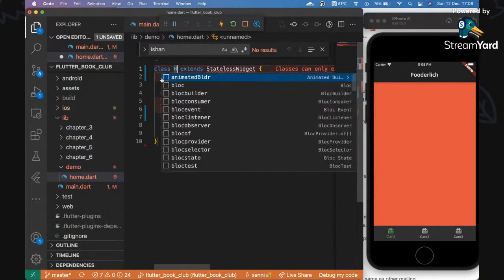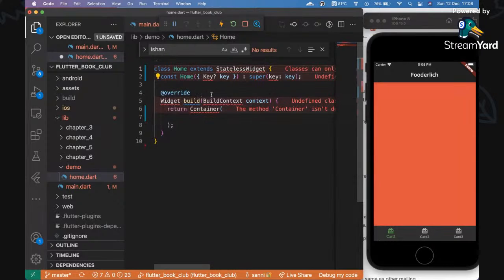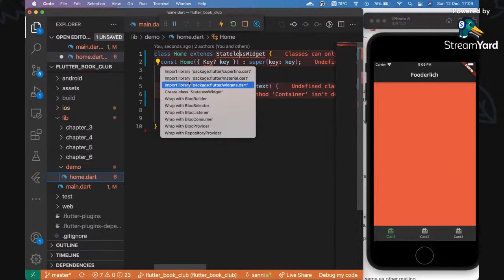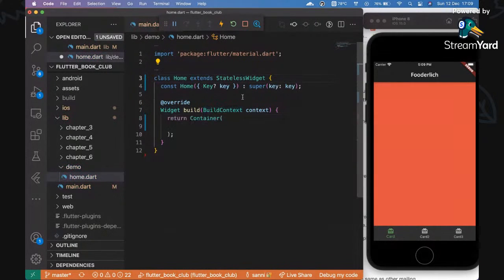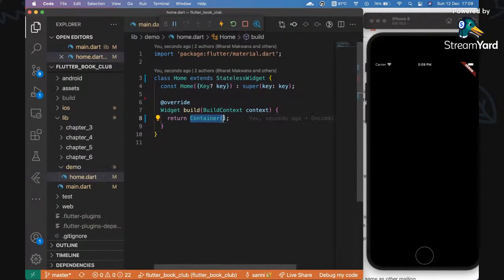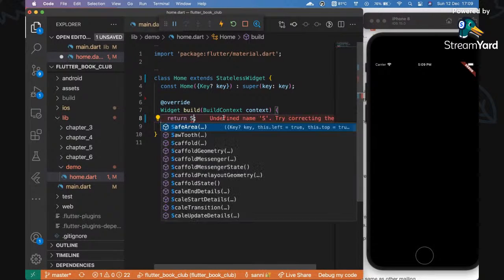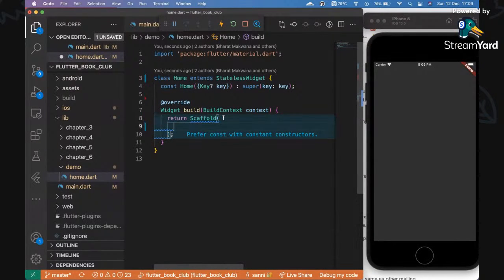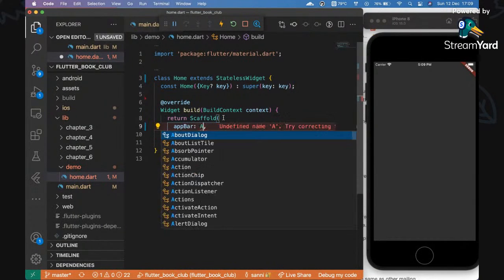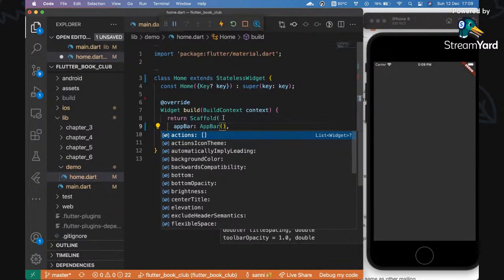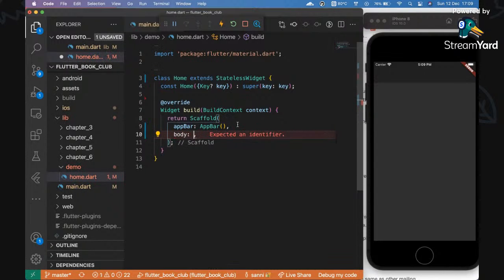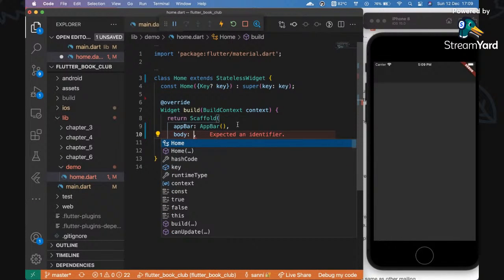Let's create a new stateless widget called home only. As we already know, we have to import material, and we can do that by tapping here on the bulb. Let's take material and save. It is not showing anything because we do not have a scaffold. Scaffold will provide us a way to create pages. App bar will create an app bar without writing anything. Okay, it's all right. Body, and in body what we want is